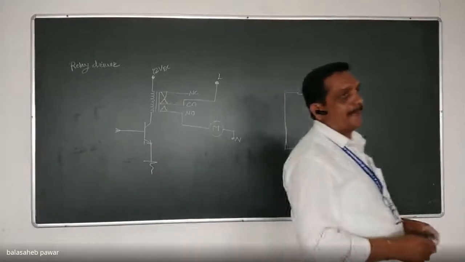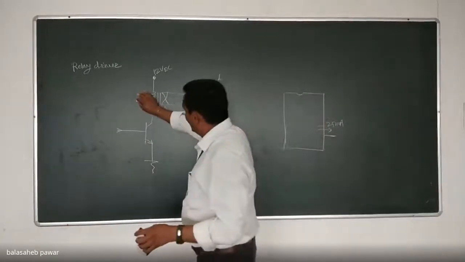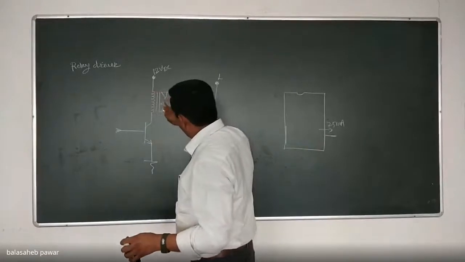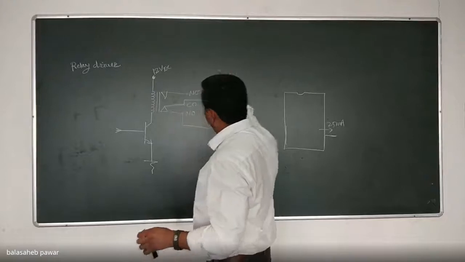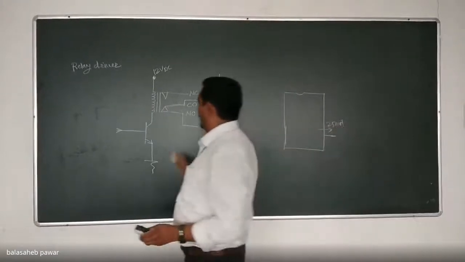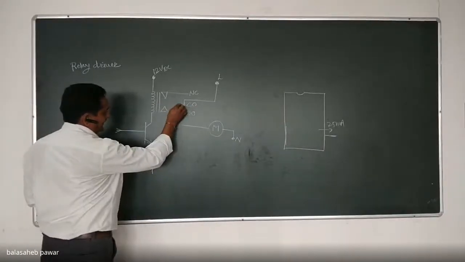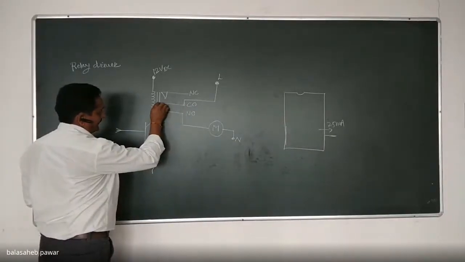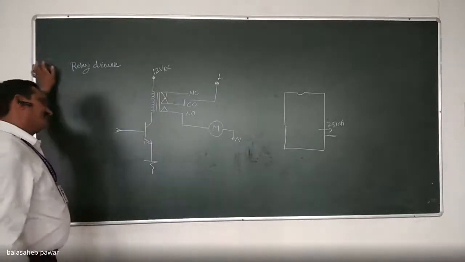So when that relay is off, the motor will remain disconnected from the live of that supply. Is it okay? And when the relay operates, that means when the relay is turned on, this changeover will shift towards the NO side like this, and that path will get complete and the motor will get turned on. That logic is like this. Is it clear about this logic? How that motor will get turned on and off? Is it okay? Yes. Okay.